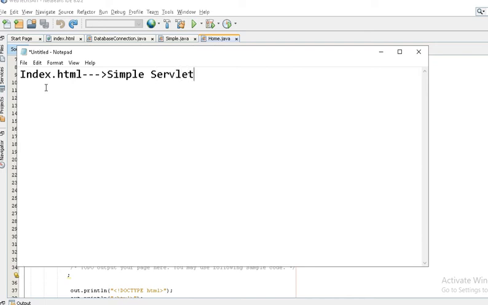If we get an error on the password, it will return back to index itself.